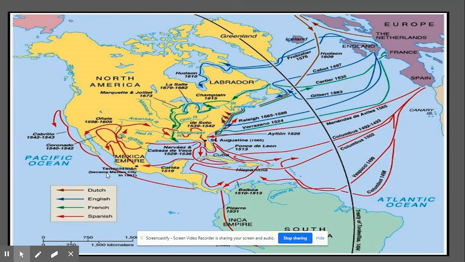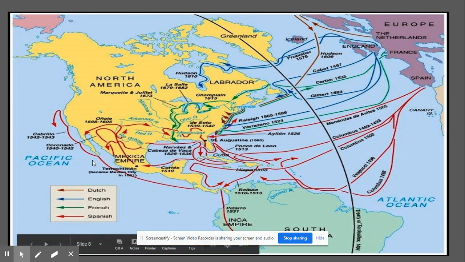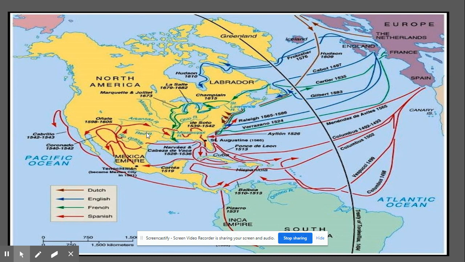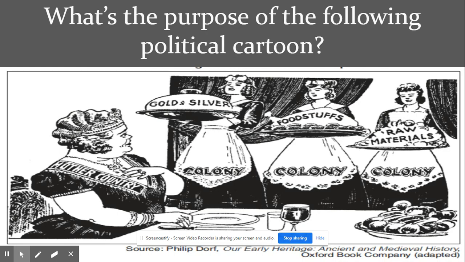But just a quick glance: this right here is kind of where we're going to see the world unfold. So understand, if you'll look, where do a lot of these places come out of? England, the Netherlands, which is later going to be known as the Dutch, France, and of course Spain. Now, if you'll notice, Spain did a lot of explorations in South America, mostly in Mexico, and then the southeastern and southwestern regions of North America. All right, so this is going to set up your mercantilism type situation.